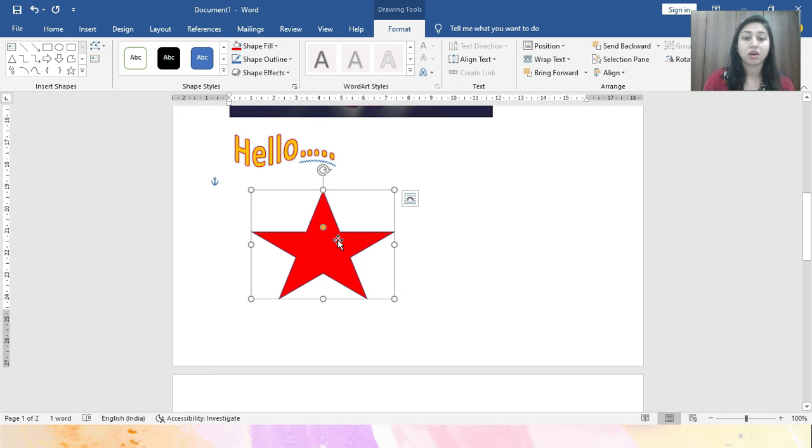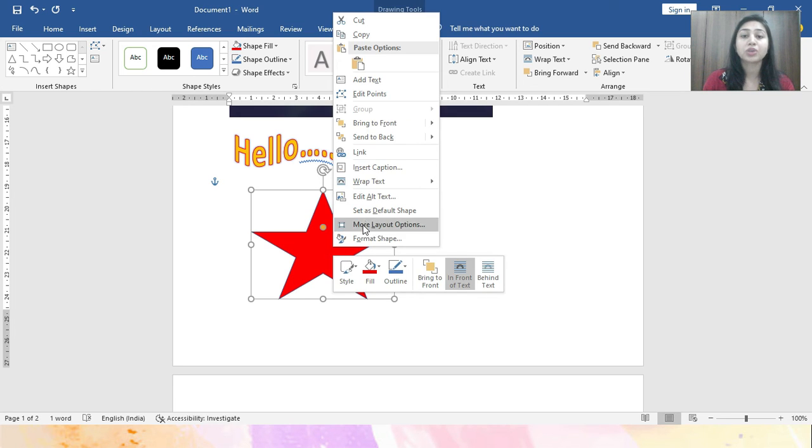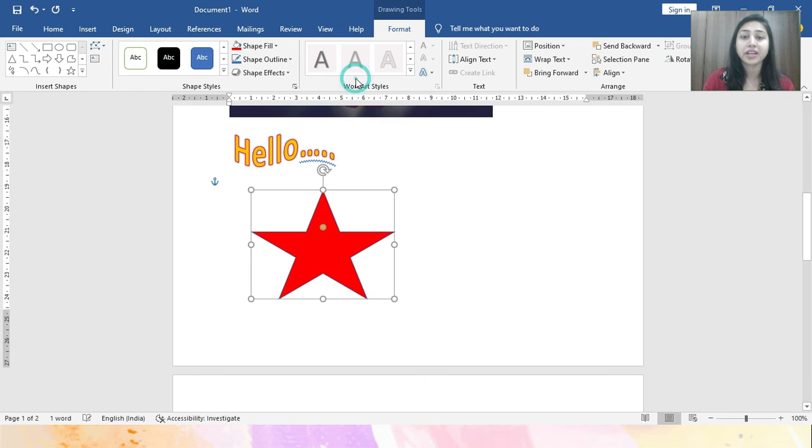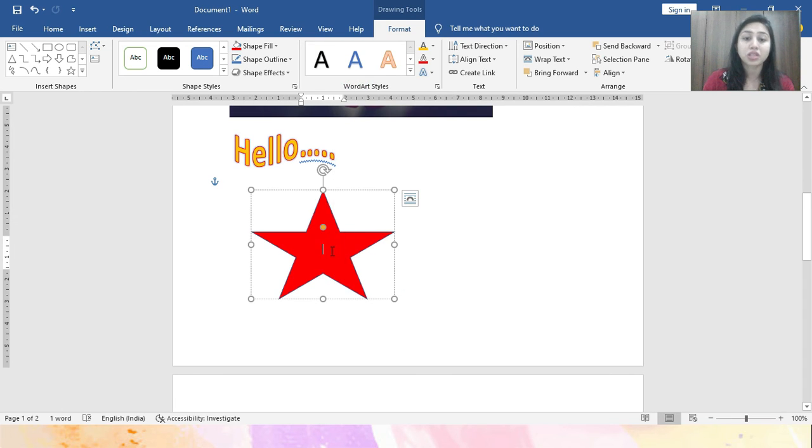Now I want to add text in the shape. Again right click on it and you can see in the list an option is available, that is add text. When you click on the add text option, a cursor is available on your shape. Now you can type anything in your shape.